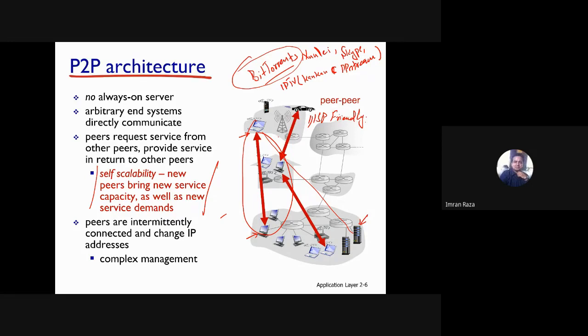So most residential ISPs, including the ones that are providing DSL services or maybe the cable ISPs, have dimensioned for asymmetric bandwidth usage. Asymmetric bandwidth usage means that there is a different bandwidth for uploading the data and for downloading the data. That is,